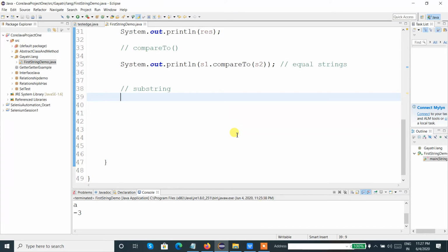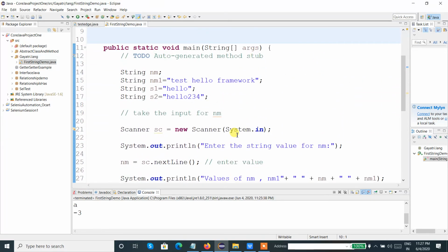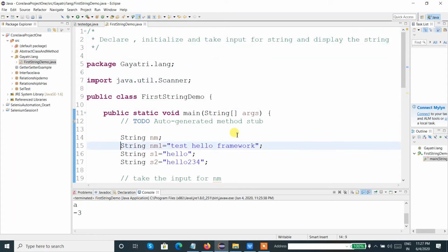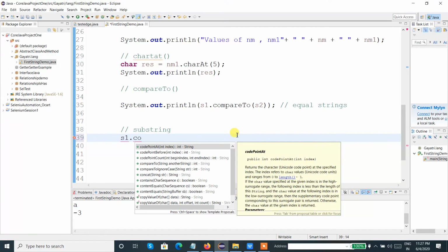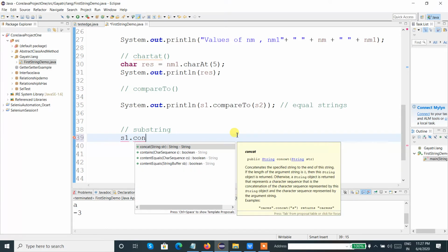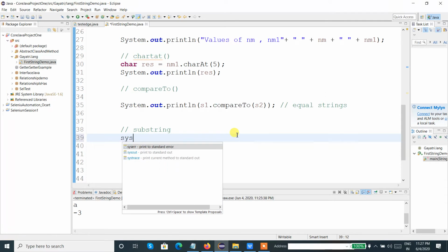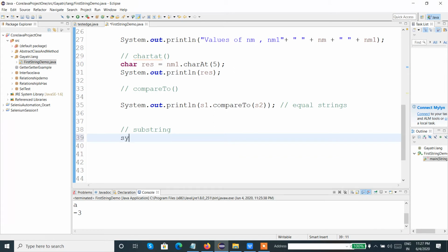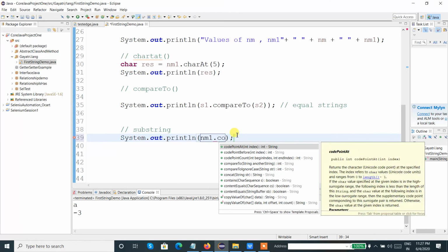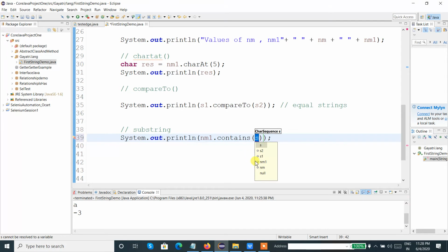So which strings do we need to use now? It is nm1 and s1. I need to check sysout nm1.contains, which takes a character sequence or string.